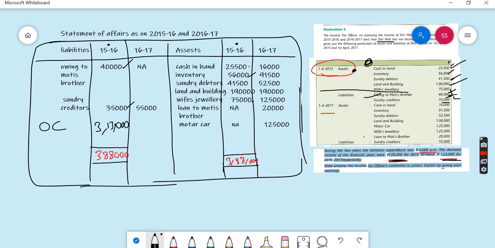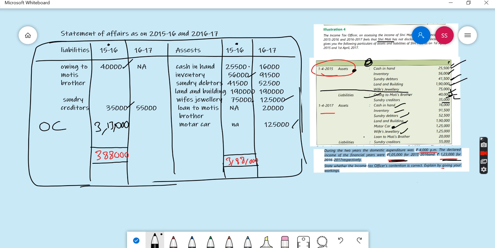Yeah, right. Now we need to find out the closing capital. So first we'll start with the assets here. Cash in hand 16,000, inventory 91,500, sundry debtors 52,500, land and building 1,92,000, motor car. See, it is not there in the previous year. We bought this year specifically. Motor car 1,25,000, wife's jewelry 1,25,000 again,